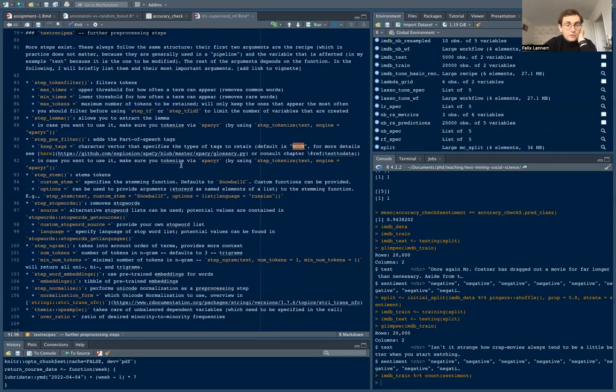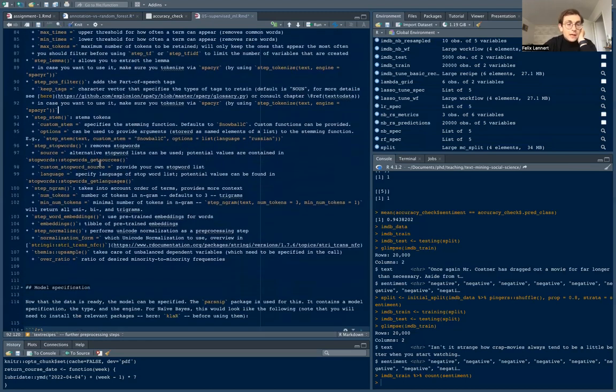And here, of course, you have to tokenize through spacyr as well. Step stem stems the different tokens. You can specify your stemming function through custom stem. The default is snowball pseudo, which usually works sort of fine. And then here you can use the options argument to provide a list